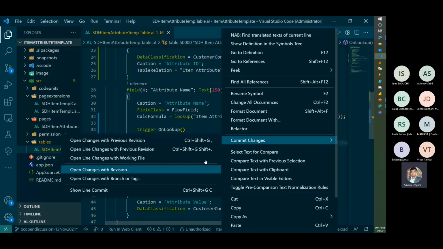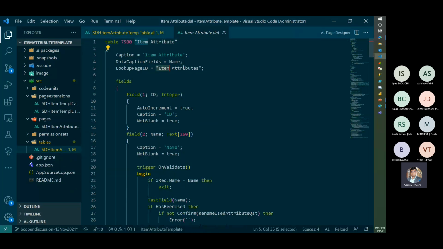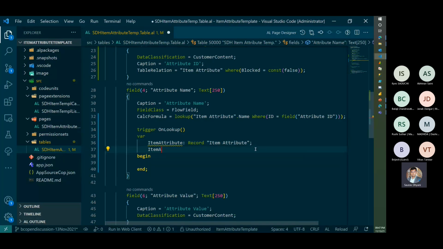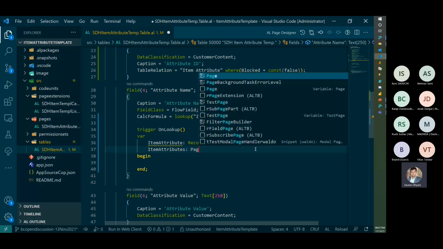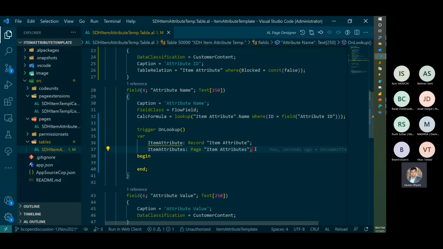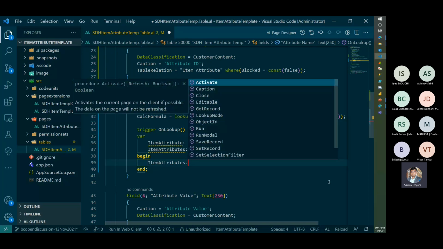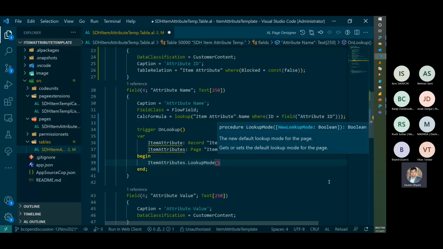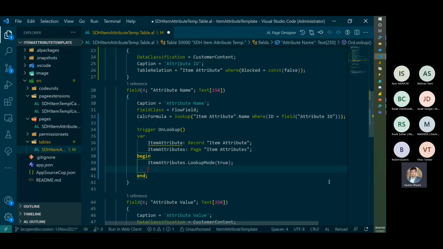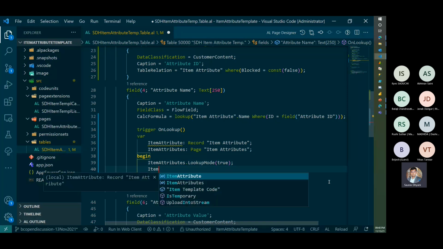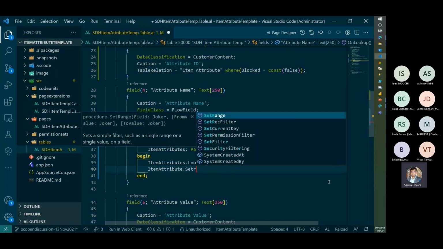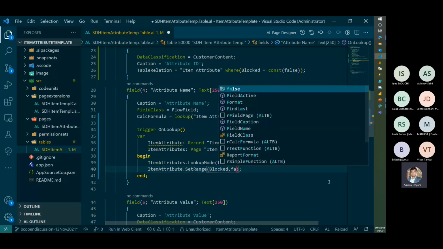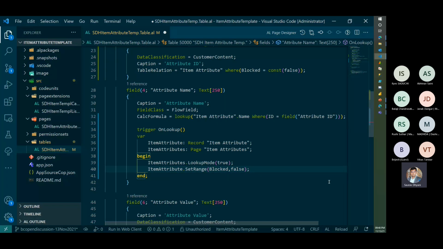So let's go and see the lookup page ID is item attributes. Okay, that's easy. Item attributes page, item attribute. Now what I want to do is on this page of item attributes, I'll just set the lookup mode to true. And then on the record, I'll again filter it for not blocked. And then on the page,